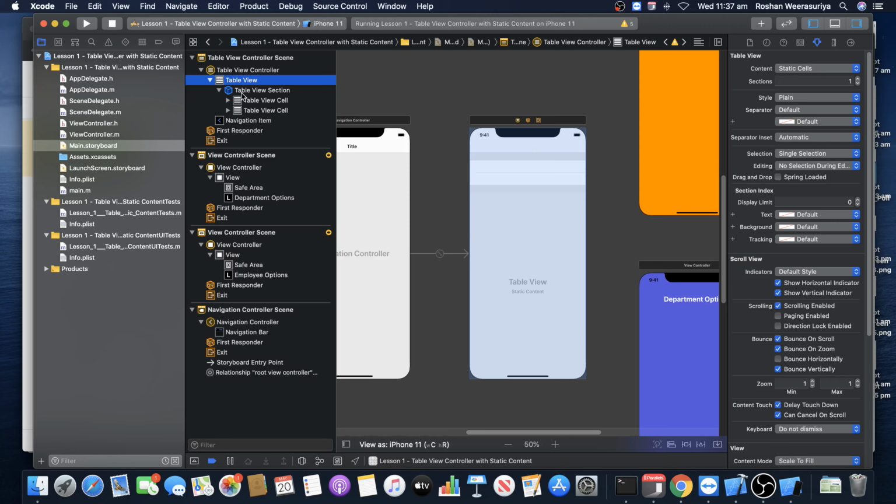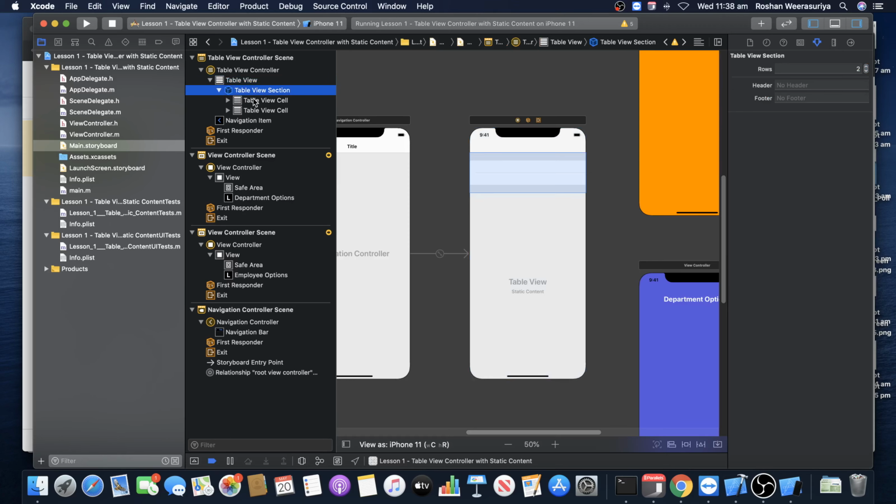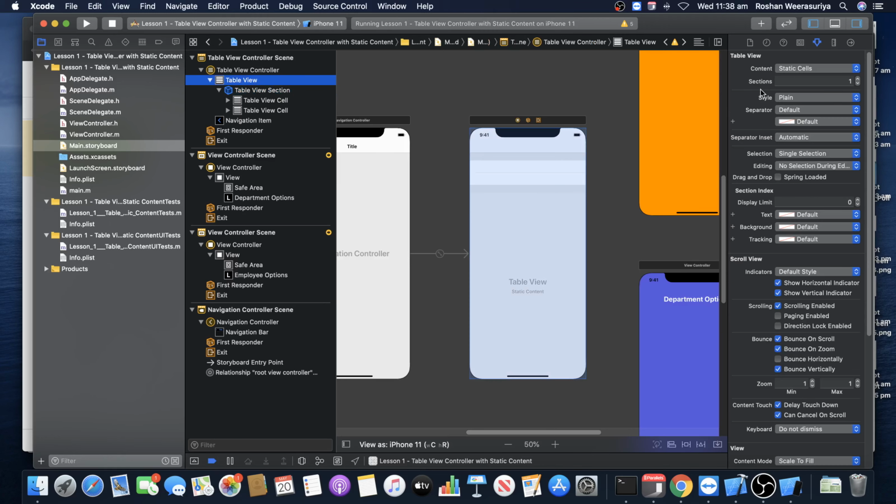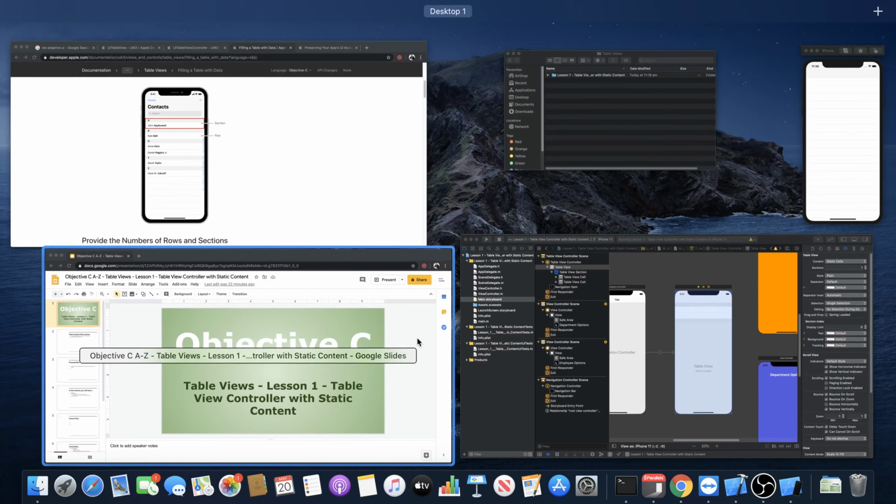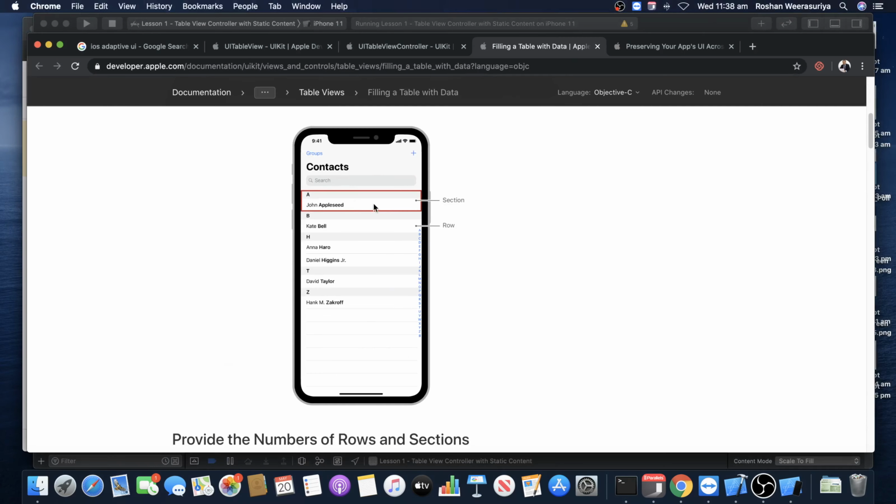Now what I'm going to do, guys, is click on, let's say, like this. I've got one section, because in my table view I have sections. So let's work on this now. As you remember, in this example it had multiple sections. I explained section for A, section for B. So if you want something like that,